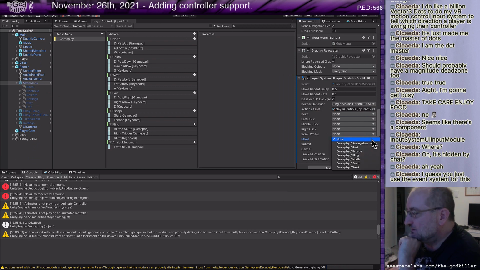Here, the trick might be that I need to add one more action. Yeah. It should work fine. There might be some tweaks that are needed for it.